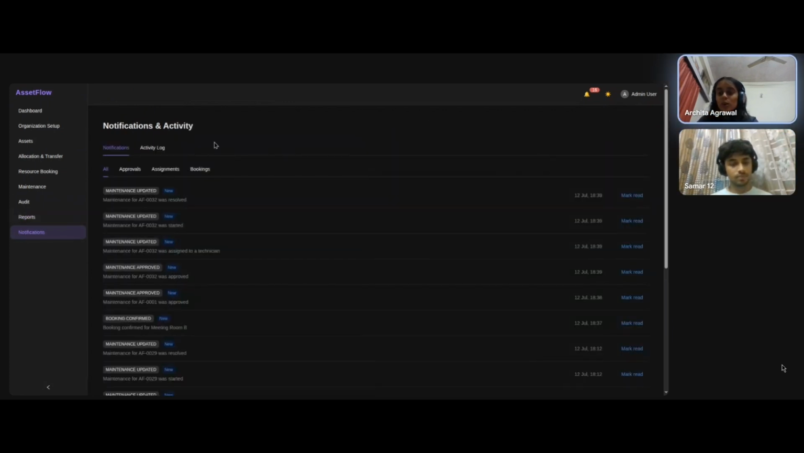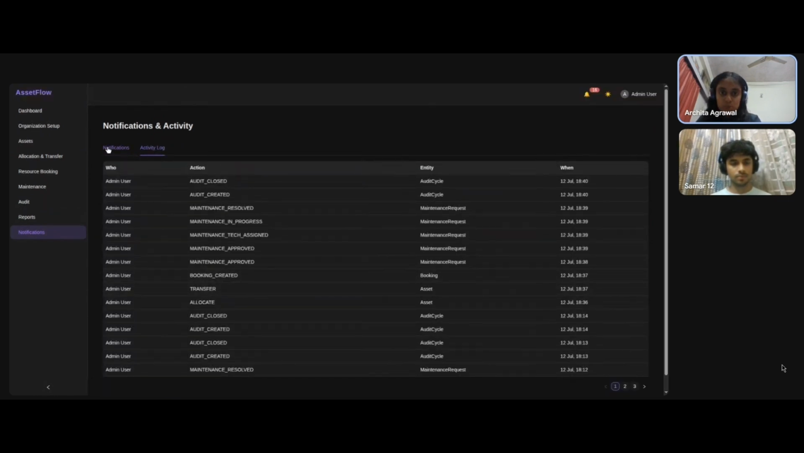Okay, so finally we look at our notification center. Here we can see all the changes that were made by us over time. We can see the notes of all the approvals that were made, all the assignments that took place, all the bookings, and we can see the audit log indicating what was done and by which user it was done